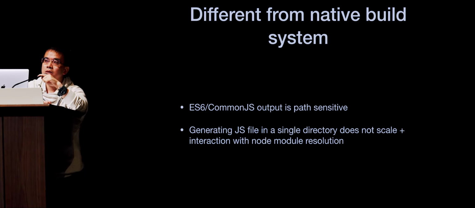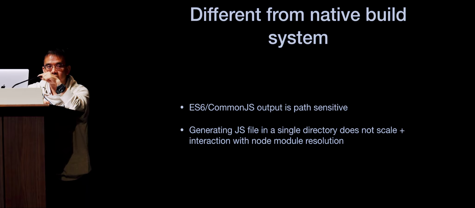There's one module system which is indeed file path insensitive, which is the Google module system. But I guess maybe nobody here has even heard about the Google module system, and it's not very popular in the JavaScript community. So we have something different from native compilation. One simple solution is you can always generate the JavaScript files in a single directory,